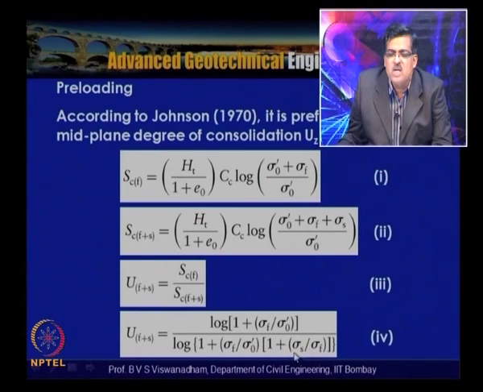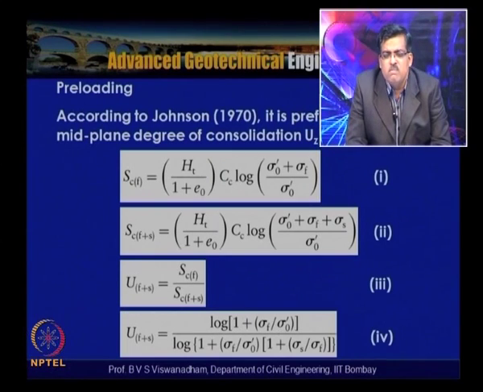So here you can see this is sigma S by sigma F, the dimensionless term. Sigma S is the magnitude of the fill surcharge to be placed, and sigma F is the permanent fill. Sigma F by sigma naught dash is nothing but the ratio of permanent fill to the initial overburden pressure. So this particular design can be done by using this or by using the charts which are available.